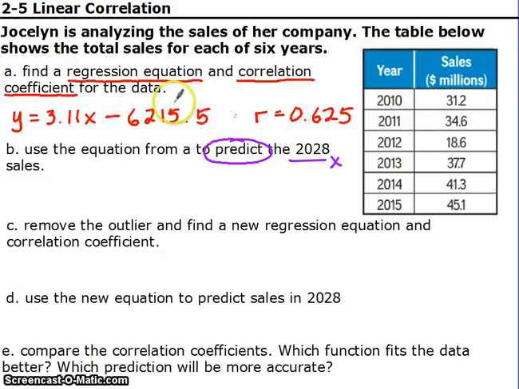So I can plug that in for x in the equation, and it should come out to be whatever the sales are going to be in that year. So 3.11 times 2028 minus 6,215.5. Okay, now in the old days, we just type that into the calculator and we get an answer, but